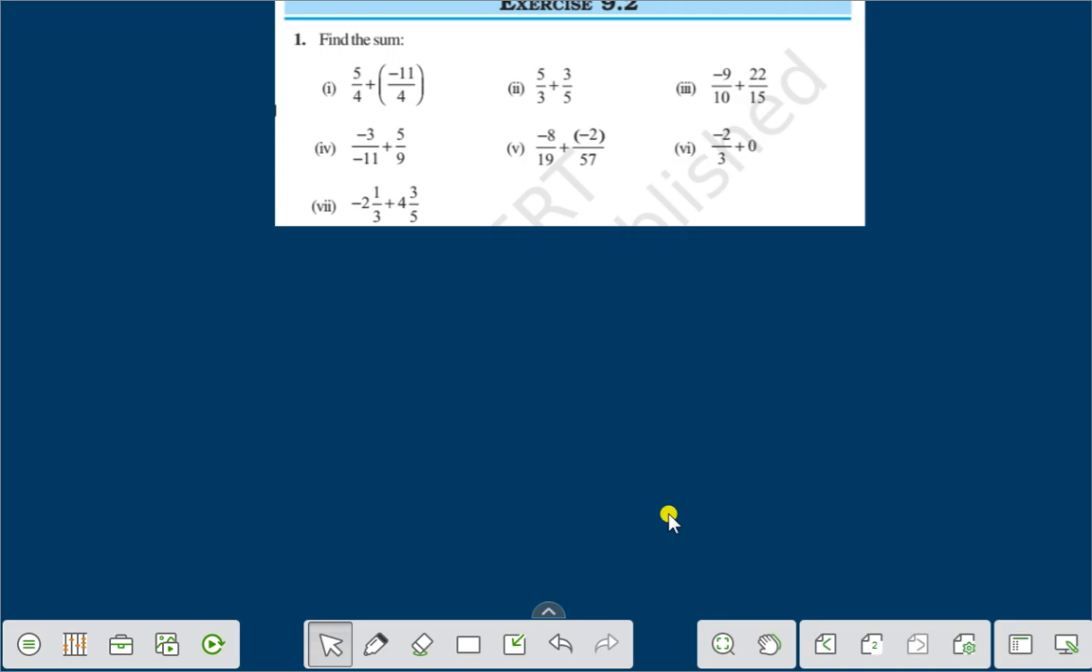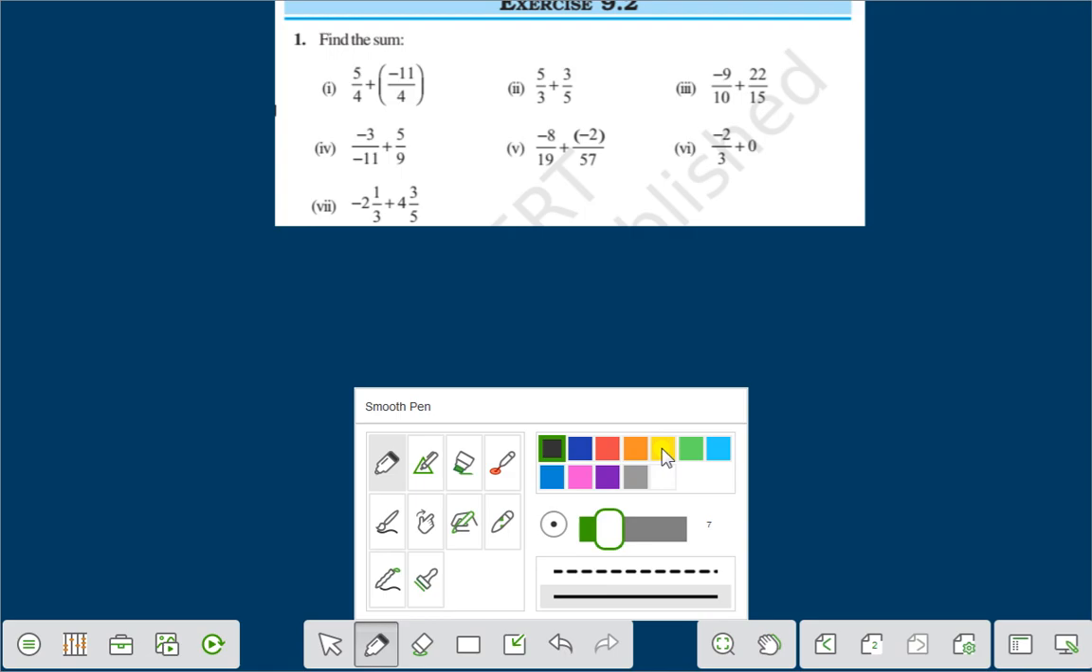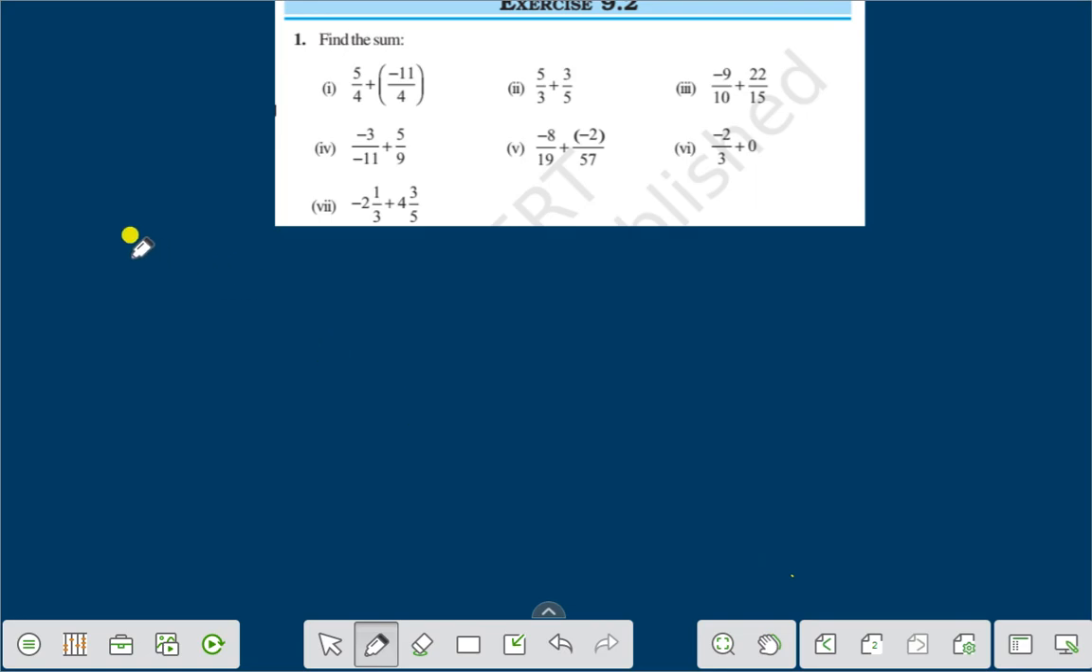Hello everyone. Today I'll discuss exercise 9.2 question number 1. Find the sum. Today we'll solve question number 5. Question number 5 is